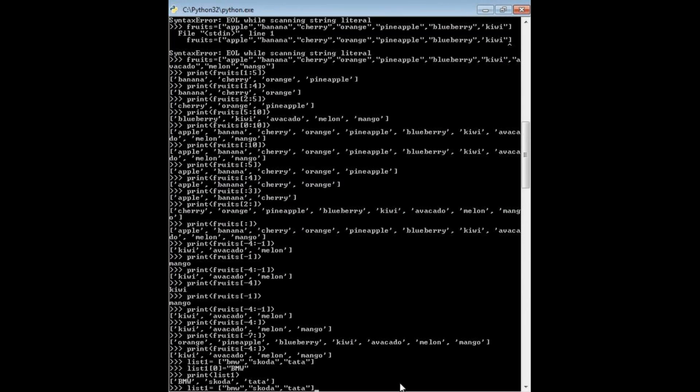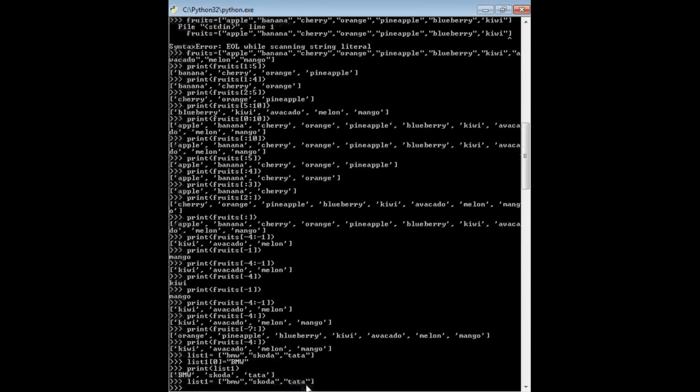Okay. Now, yeah. See, what I'm saying is now we change a specific item. Now we will have to give a range of item values. To change the value of items within a specific range, define a list with the new values and refer to the range of index numbers where you want to insert the new value. See, now this is 0, 1, 2. Okay, now I have to insert some new values in between any of the range. Say like I will say this one. Now list of, I'll say between 1 to 2. Okay, I will say insert